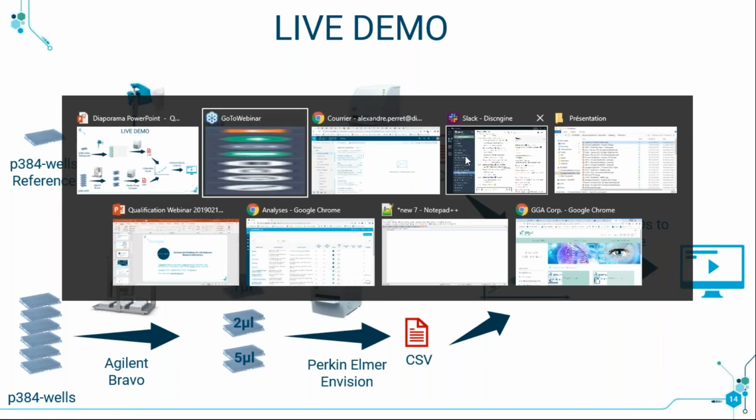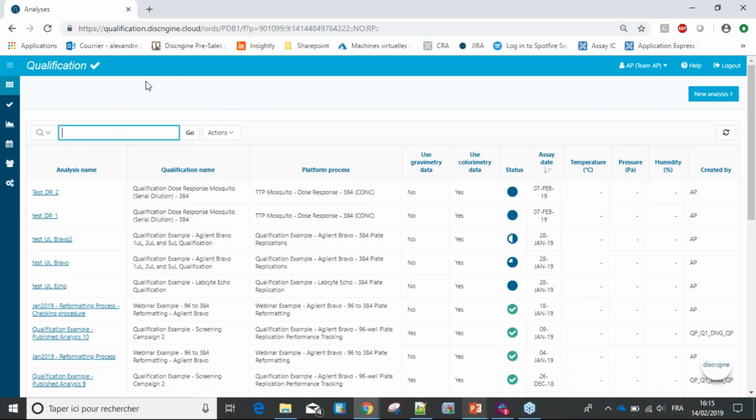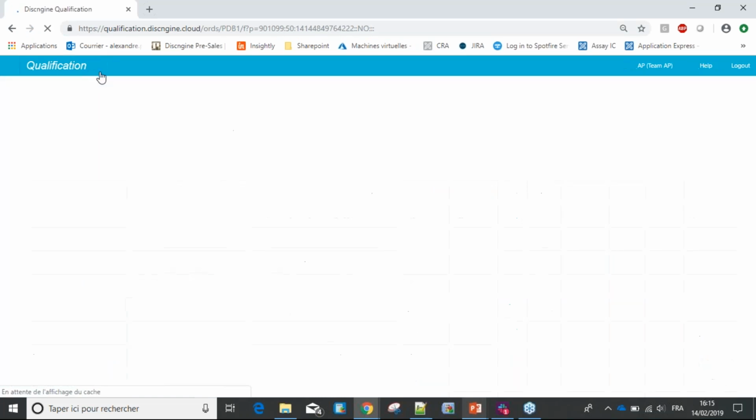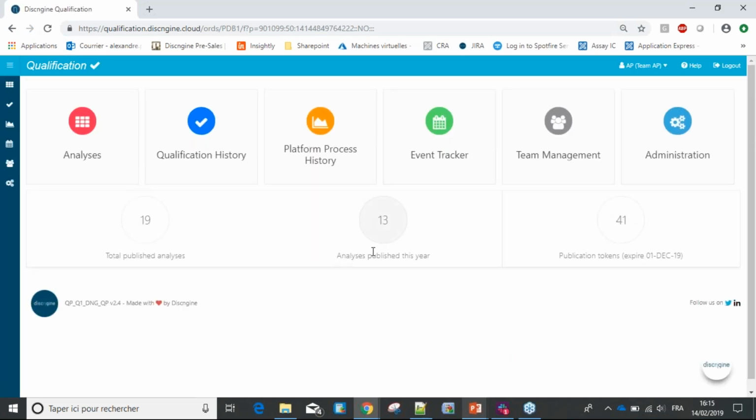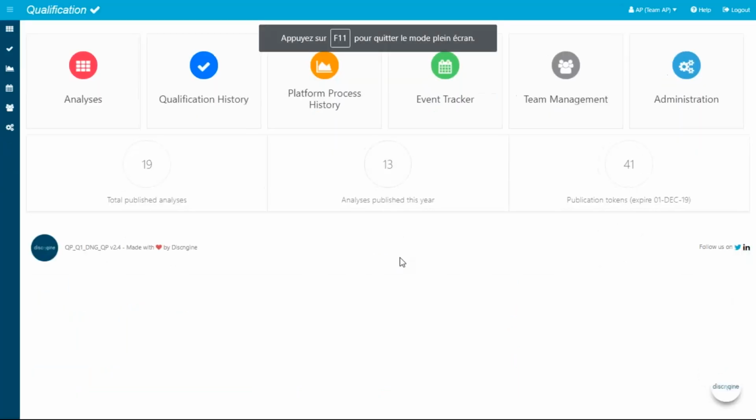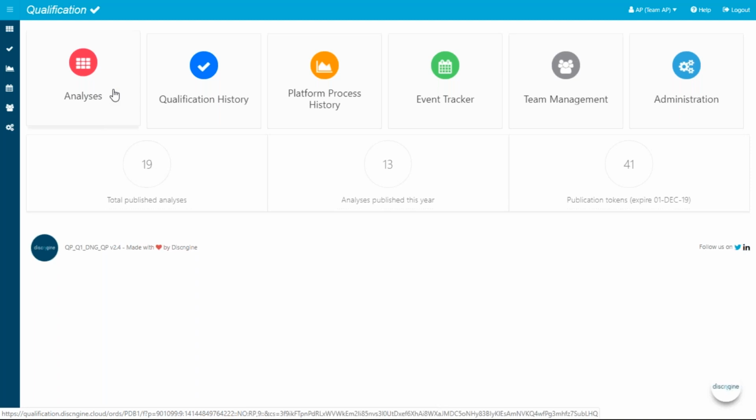in the application. So this is the home page of the application. I'm going to put this in full screen. This is a pretty standard menu where you have the analysis part, where you're going to create your analysis. Qualification history and platform process history are sections where you will be able to track the performance of your pipetting operations